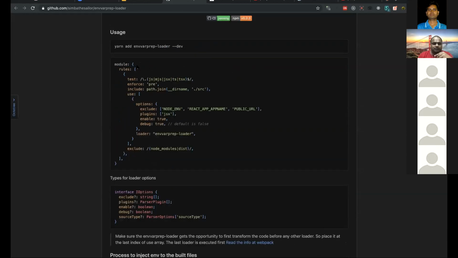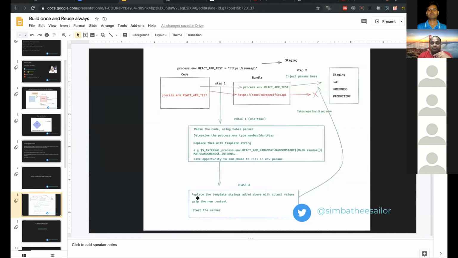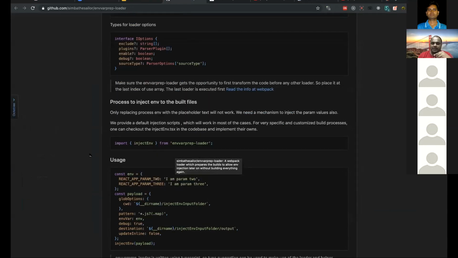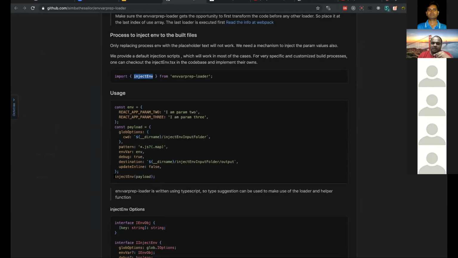Apart from that, there is a phase two where I have to replace the template string with the actual value. For that, there is one more script that I'm exposing with this loader. You have to create a payload and give the path of the file. When I show the demo, I'll properly show what's happening here.